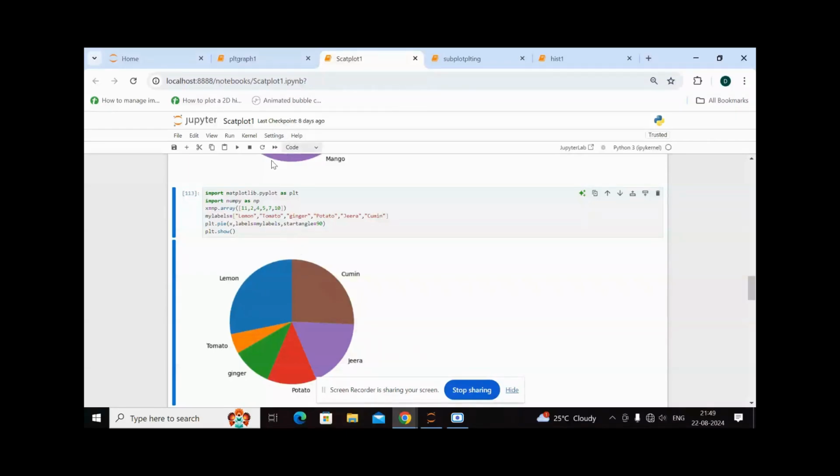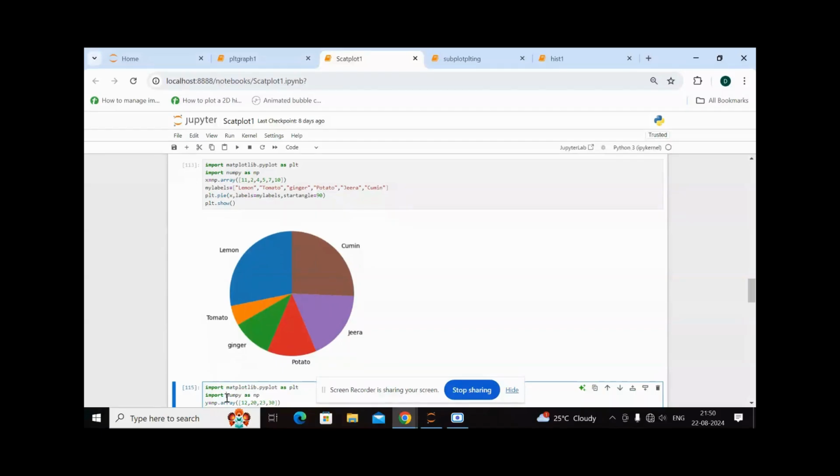And the same thing, I have done some modification in this, where pie plotting is done with my plot labels and start angle 90. The start angle 90 is mentioned because we are going to give an angle for the pie plotting first, then the values will be placed in a particular format. So this is the main modification.